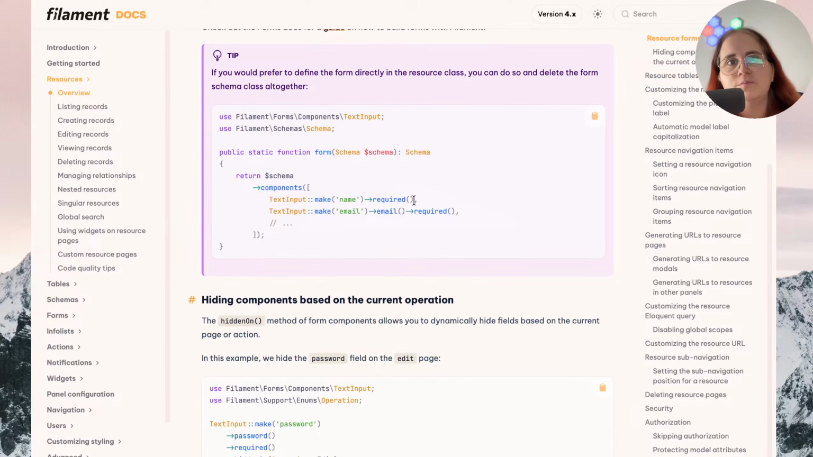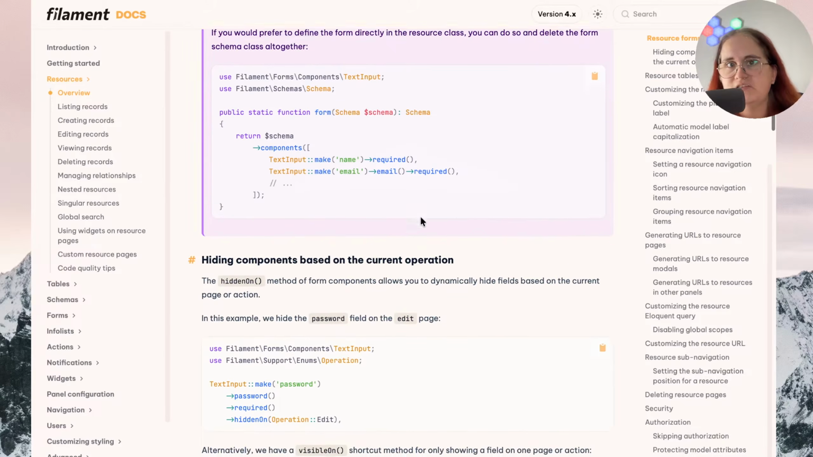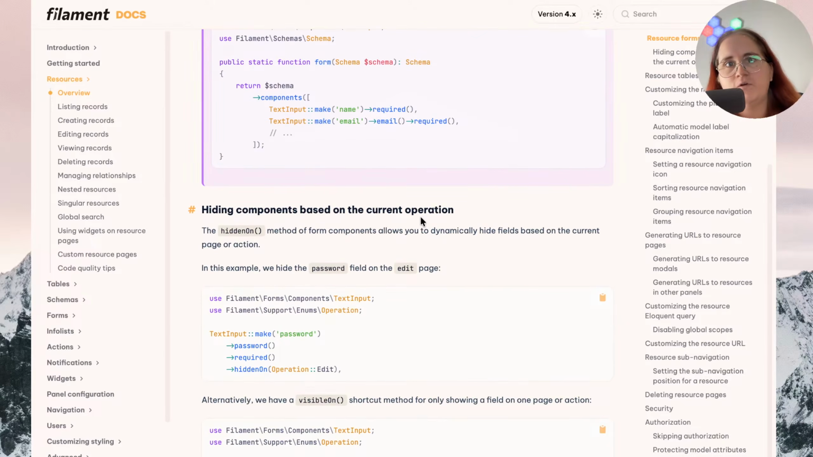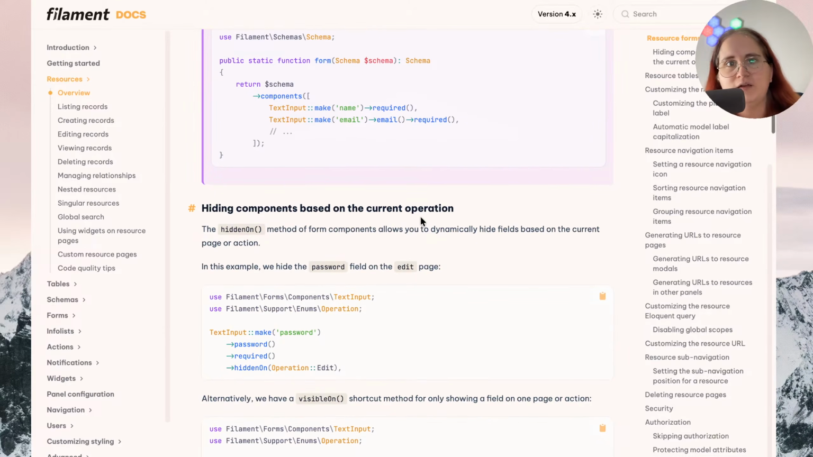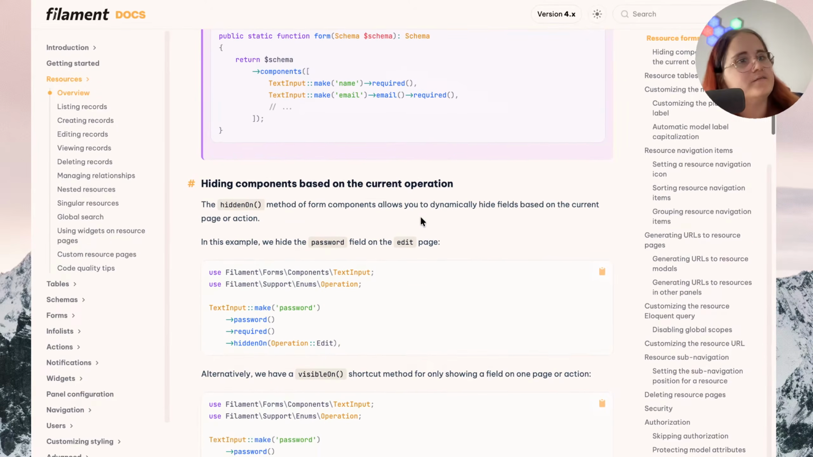Tip: if you would prefer to define the form directly in the resource class, you can do so and delete the form schema class altogether. use Filament\Forms\Components\TextInput; use Filament\Schemas\Schema; public static function form(Schema $schema): Schema { return $schema->components([TextInput::make('name')->required(), TextInput::make('email')->required()]); }